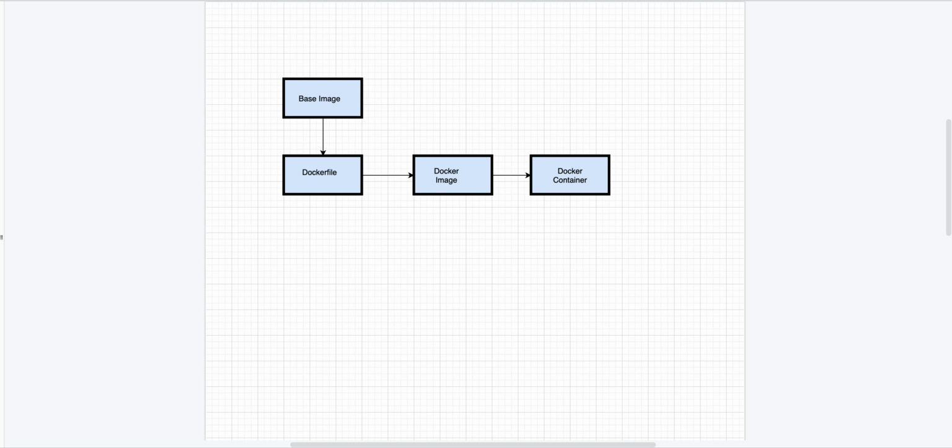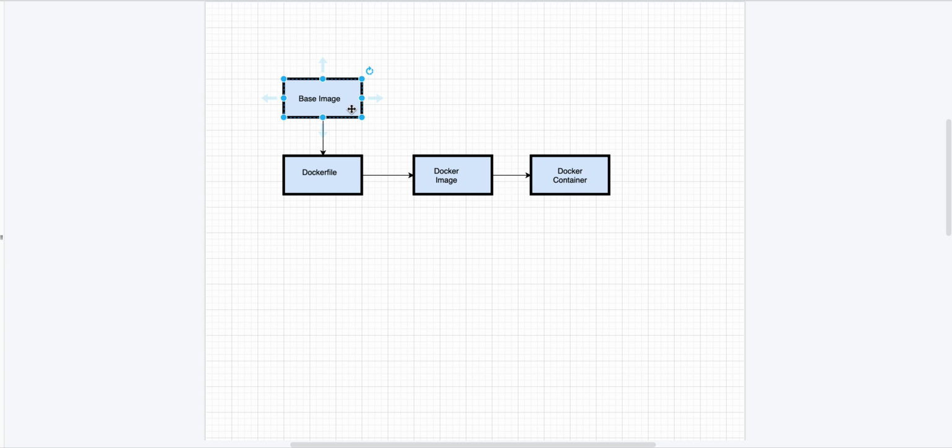Alright, so if you look at the Docker workflow, it is pretty straightforward. We start with a Dockerfile. A Dockerfile is basically used for creating our custom Docker images, which we can use to run our application. Now when you write a Dockerfile, you are basically going to use a base image.